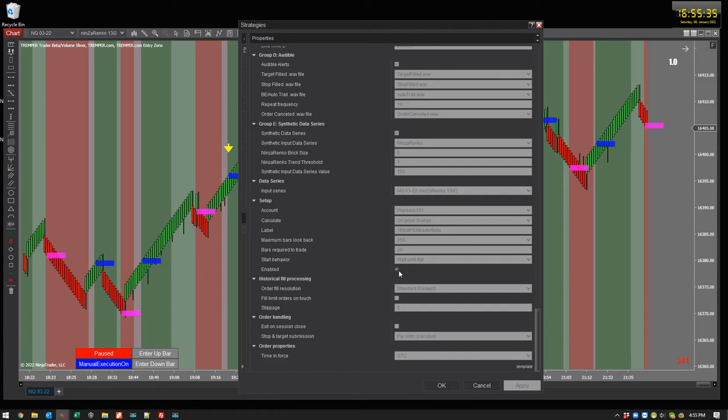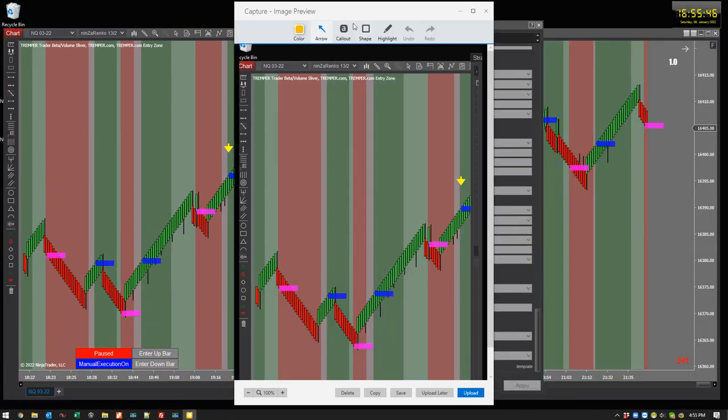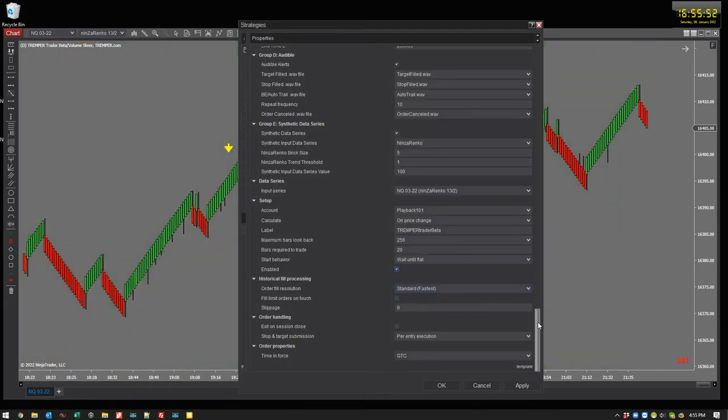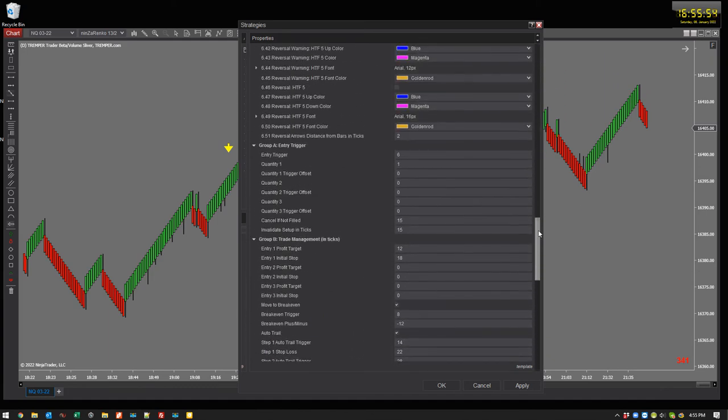Because what happens is in order to change any settings, you got to turn it off. But if you turn it off, you lose your setting. So you got to take a picture of it, which I suppose I could do. Let's do that. Take a quick picture. I'll just throw it out of the way for later. There you go. Okay, so let's turn it off. Do that. Turn it on. Now come back and let's